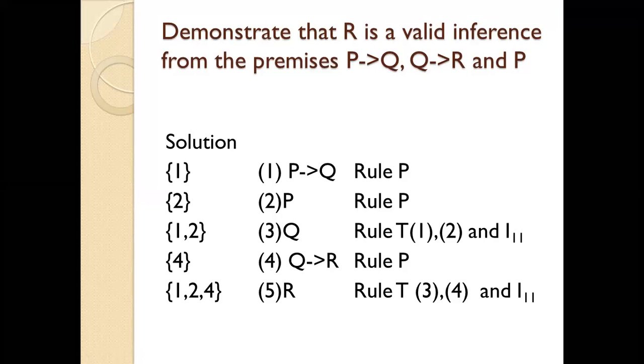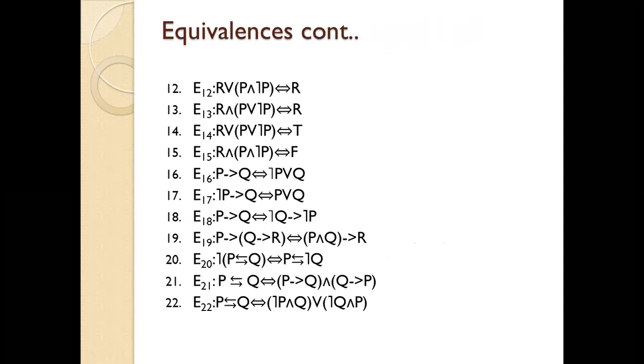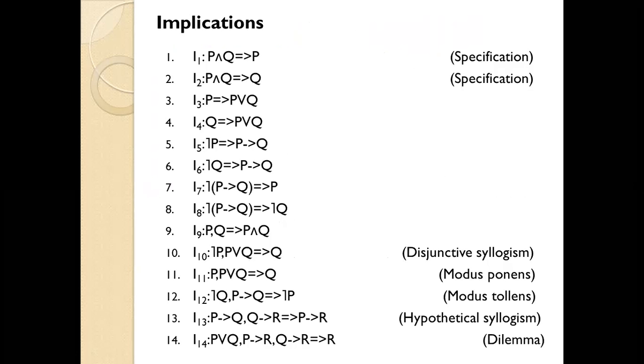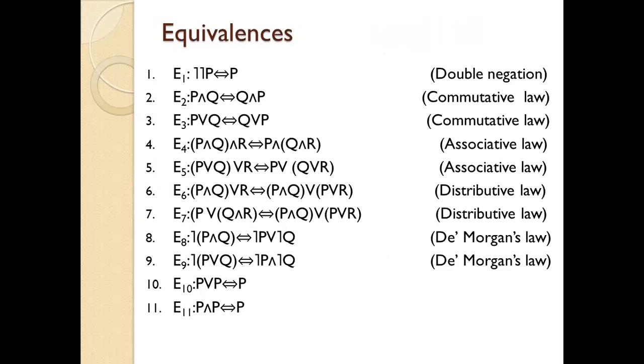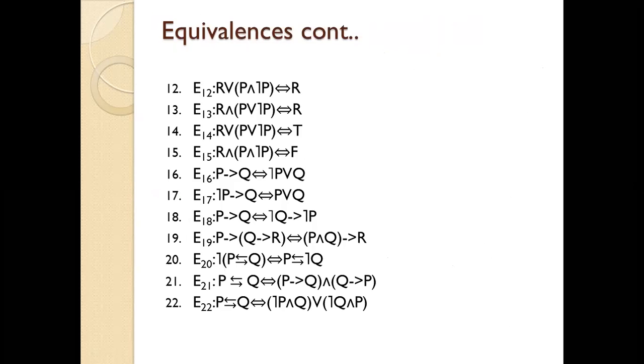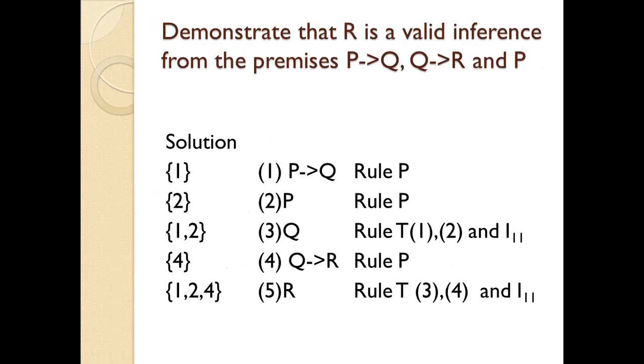तो ये रूल P के अंदर आएंगे. तो जहां पर भी मैं P implies Q, Q implies R and P यूज करूंगी तो मैं इसको बोलूंगी that these are the Rule P. From that Rule P we will derive Rule T, which is derived from Rule P and from these implications, one or more than one implication or equivalence. तो जितनी ज़रूरत है उस प्रॉब्लम स्टेटमेंट के लिए वो implications और equivalences और वो rule भी हम अप्लाई करेंगे. Now let's begin with that.